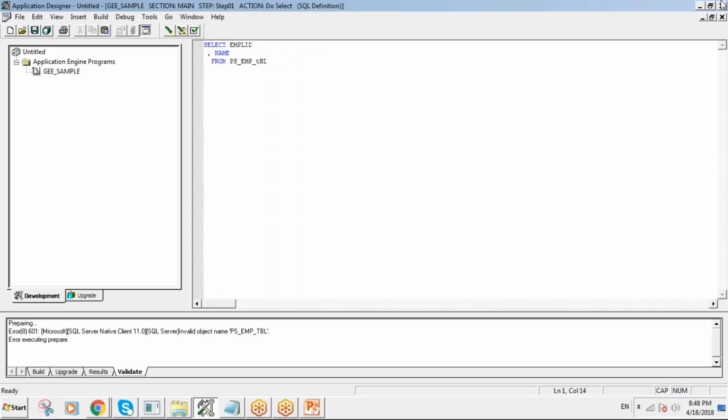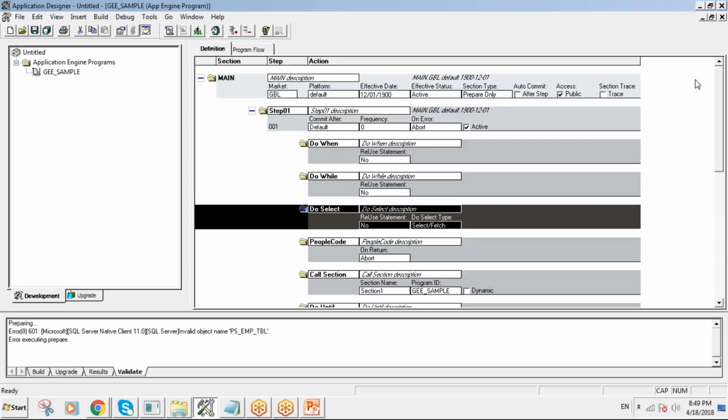When I would like to pass values from do select to PeopleCode, what's my state record structure? My state record must hold 2 fields, employee ID and name. Simple. Without having those fields in its state record structure, how will it pass? That's why